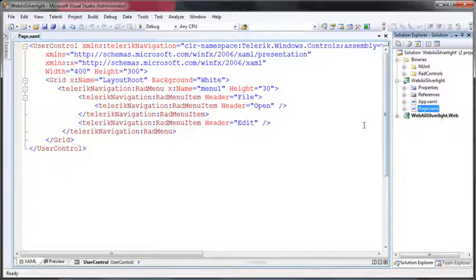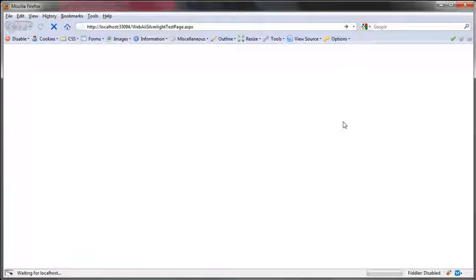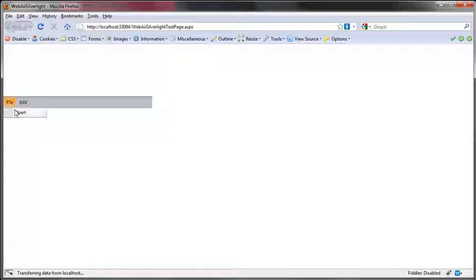So if I run my Silverlight project now to give you some context of what it looks like in the browser, I'll hit Control F5. This will load my project in the browser. And we should see my very simple Silverlight application load, which simply has our RAD menu for Silverlight. And there's our RAD menu. We see the Edit option, and we see if we click on File, we have the Open option as well. So that's our application, and that's what we want to create an integration test or an automated web UI test